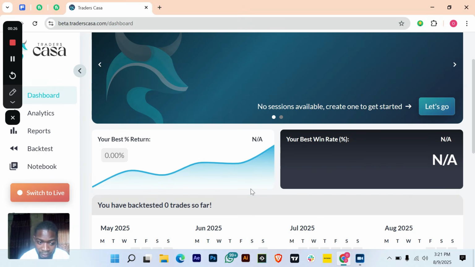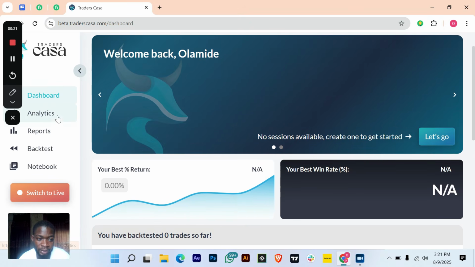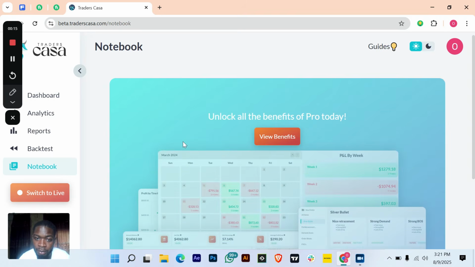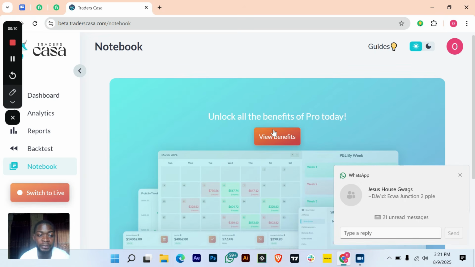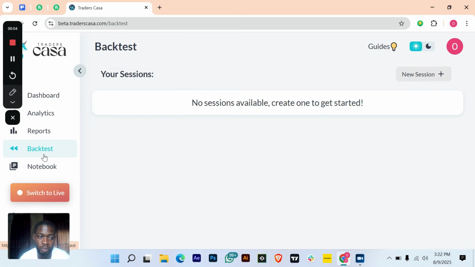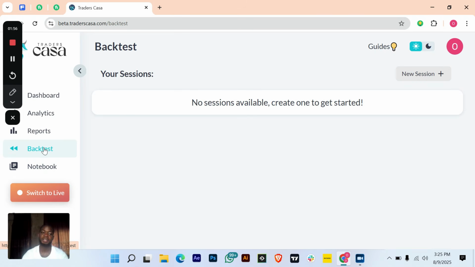This is the user interface, and in this user interface you have your analytics, your report, backtest, notebook. You can actually journal, you can write some things down about your trade. But the thing is, normally all this app is not totally free, but at least we have access to some things that we need to do. Now going to backtesting, let's just go straight to why we are here. Alright, so you click on backtest. That's exactly the main reason we are here. Alright, so you click on new session,